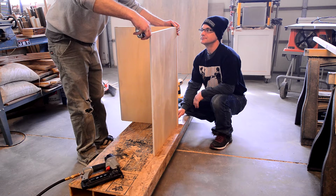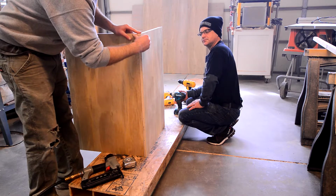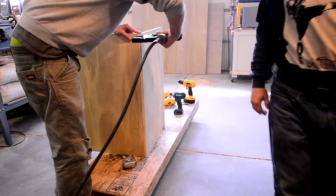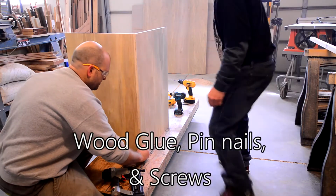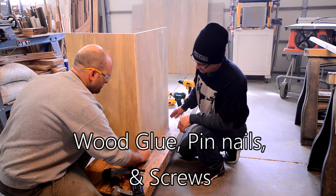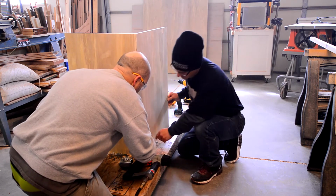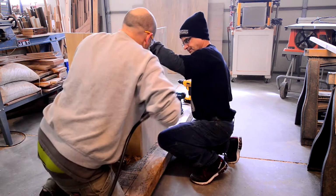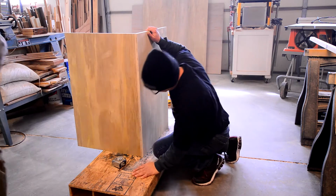19.5 heavy. So first thing I'm going to do here, make it flush and flush, and we're going to tack it together with the nail gun. Alright, we've got it tacked together. So now what we're going to do,